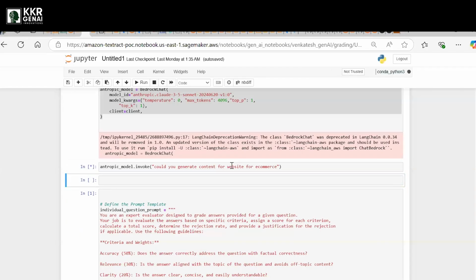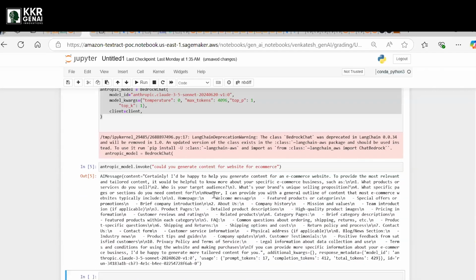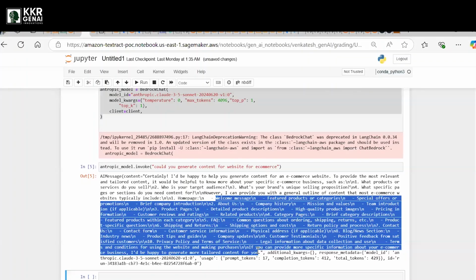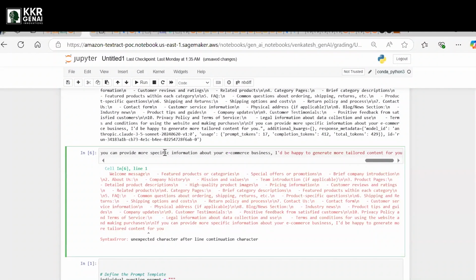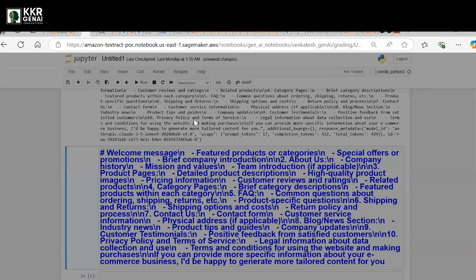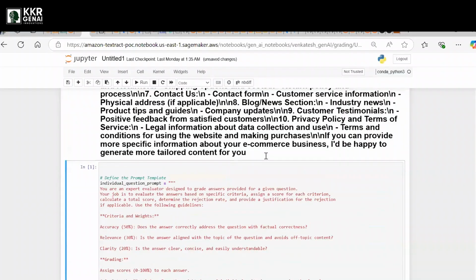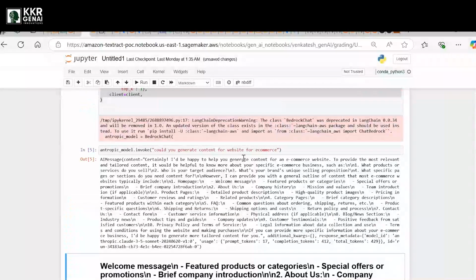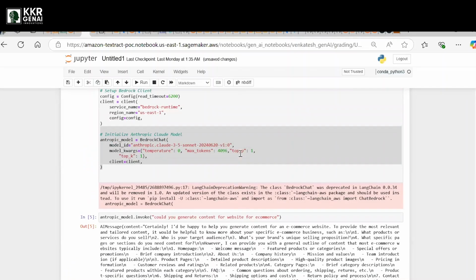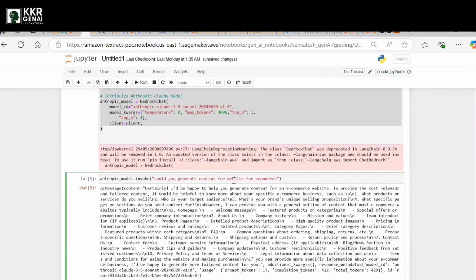Okay, like this you can build your own LLMs as well. You can generate your own images and everything. You can see that welcome image. See, here you can see the specific offers or promotions, a welcome message with the categories, and you can get detailed information as well. So this is one kind of text generation, where you can use your own LLM, pass your question, and get the answer.